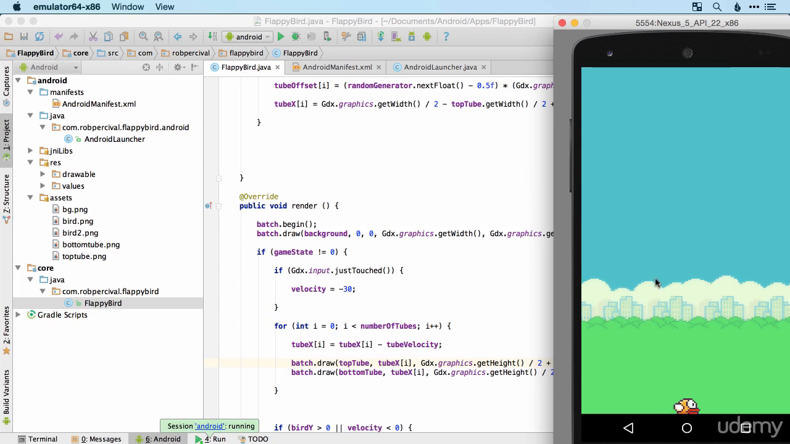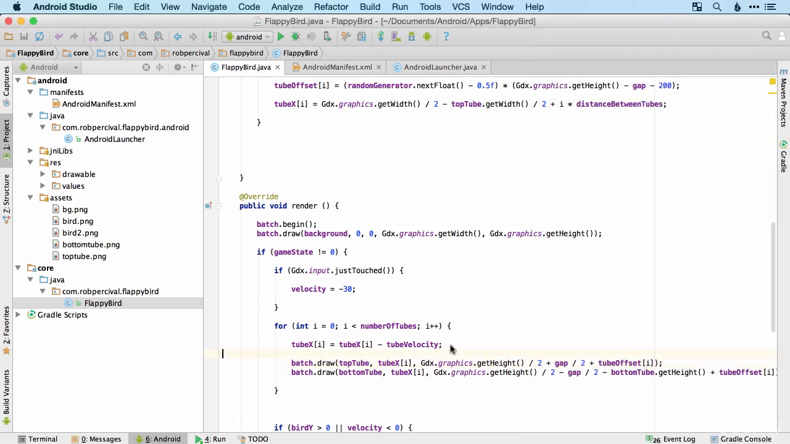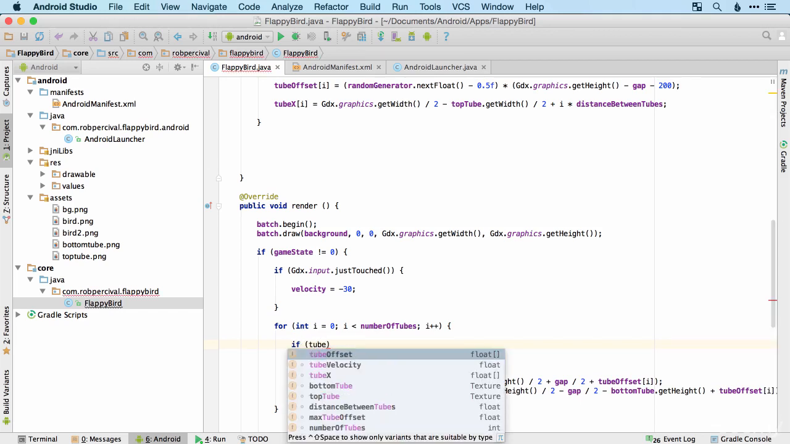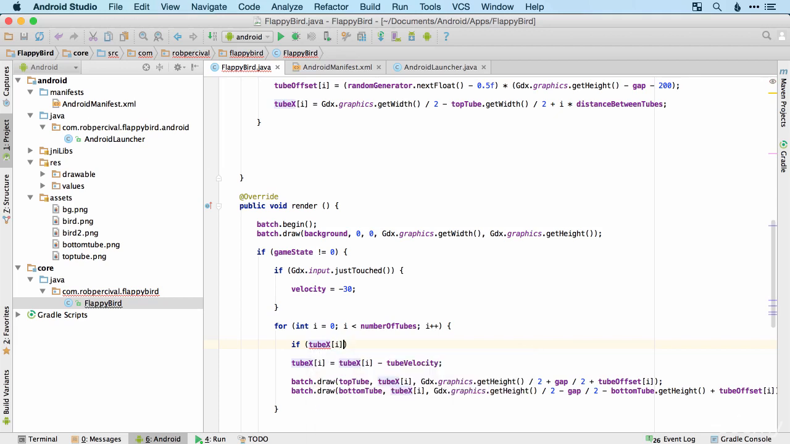The one issue that you may have noticed, of course, is that the tubes are disappearing. They're moving to the left and then they're not doing anything else. So as I said, we need to do a check to make sure that when they get off the edge of the screen, then they are shifted back over to the right of the screen. So we'll do a check here. So if tube XI